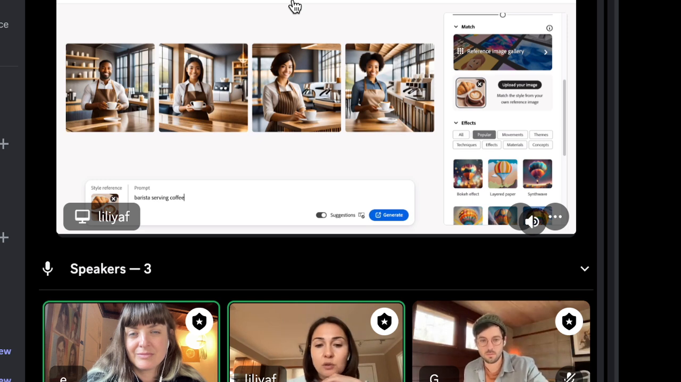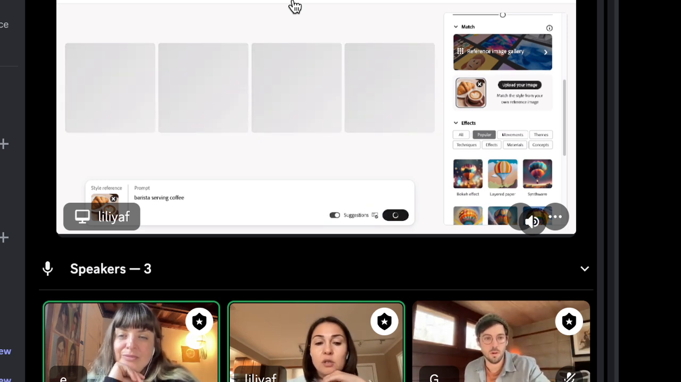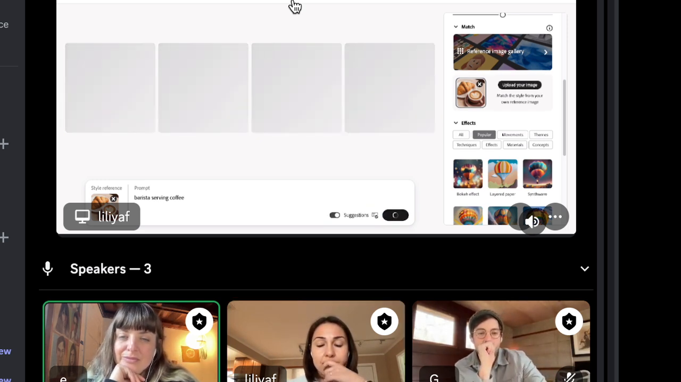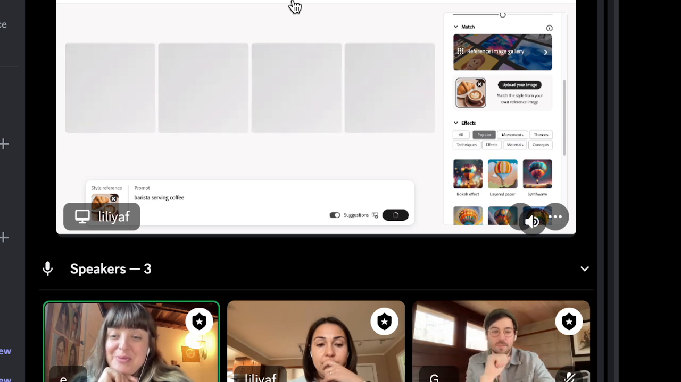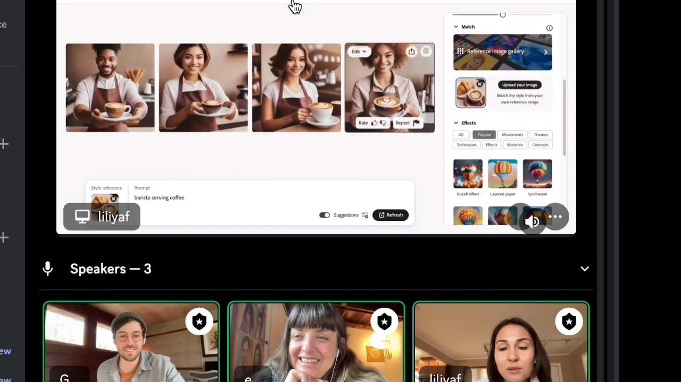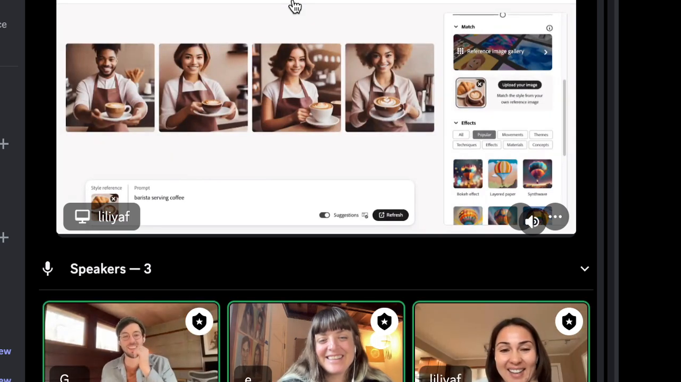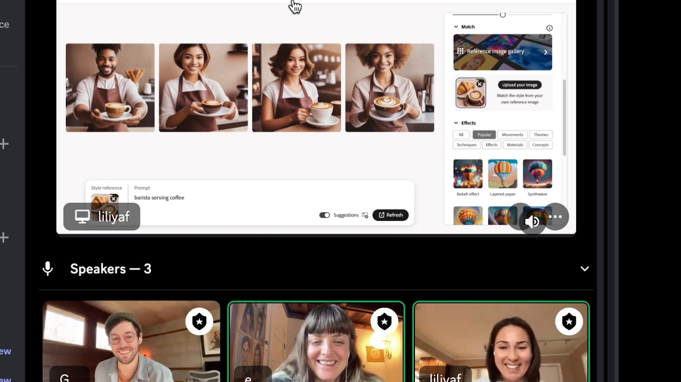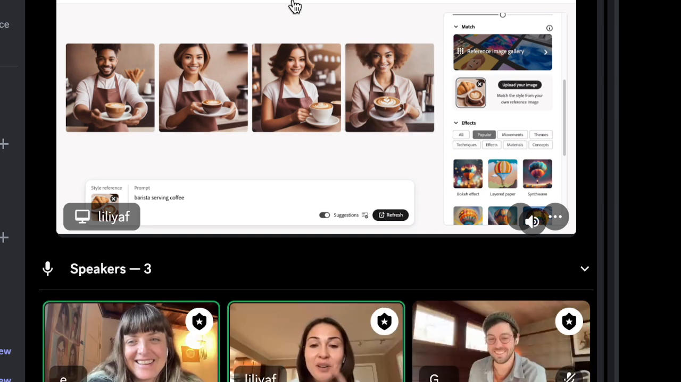So it's the same prompt, no additional settings, and I'm just using a different reference image. What's going to happen? Yeah. So what it did is now it's giving you a mug with the latte or coffee in